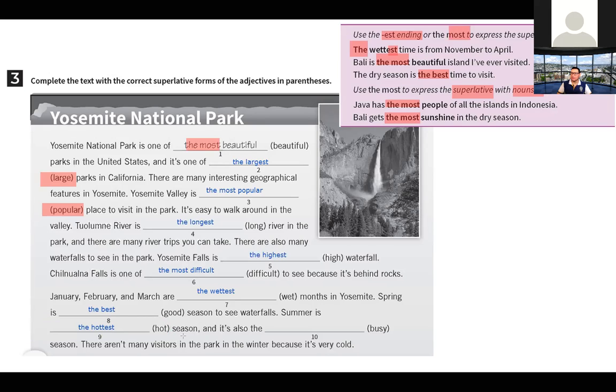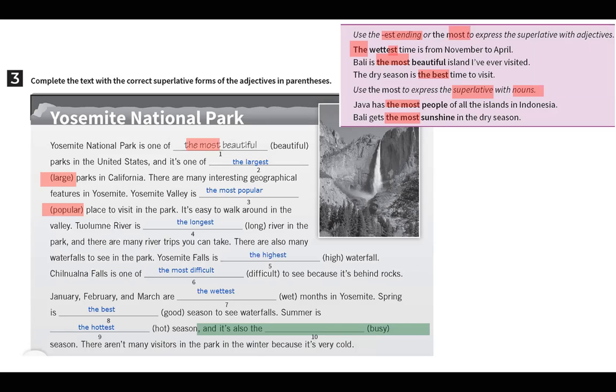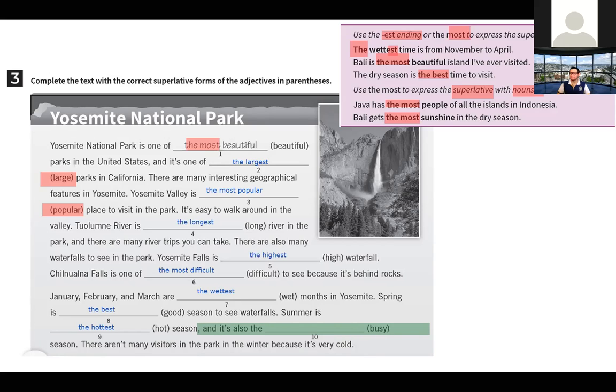Okay. Now, and it's also the season. There aren't many visitors in the park in the winter because it's very cold. What do you think is here the answer? Come on, tell me. How can you make the superlative?